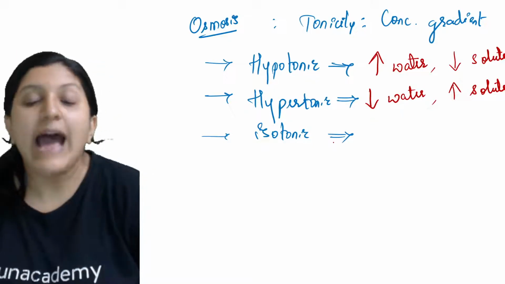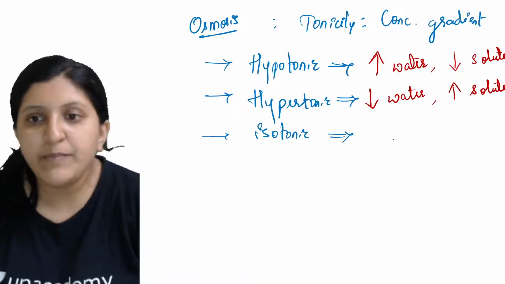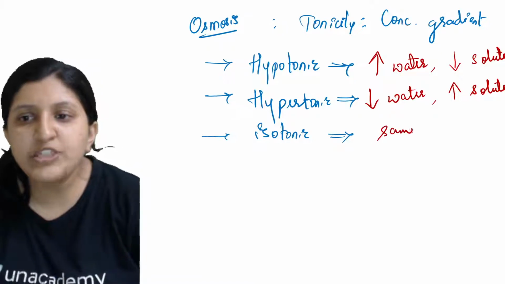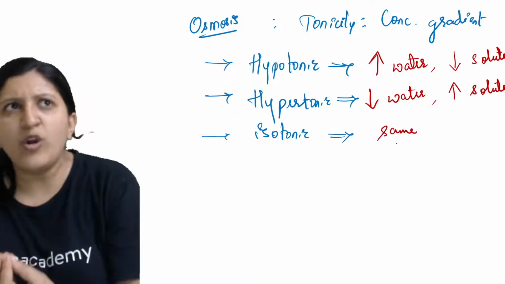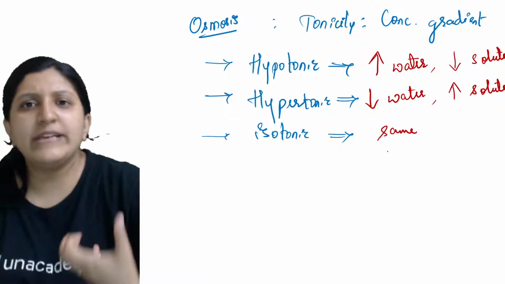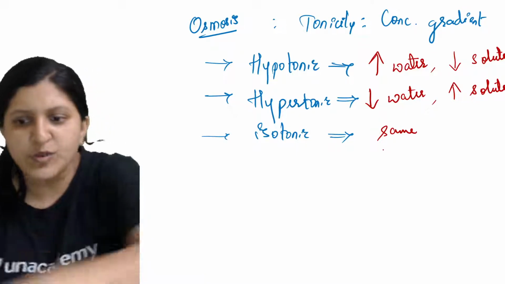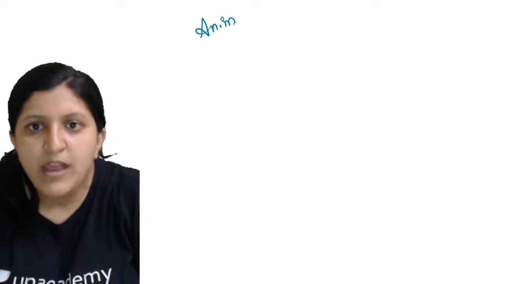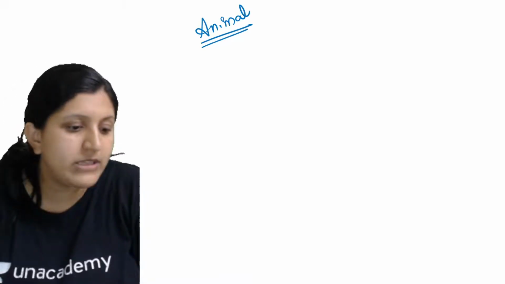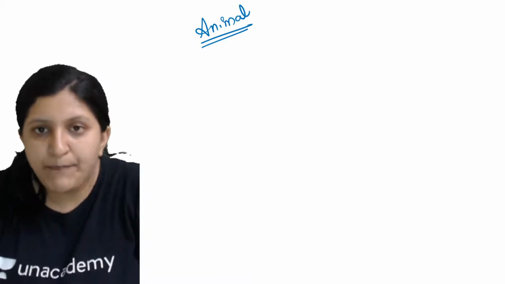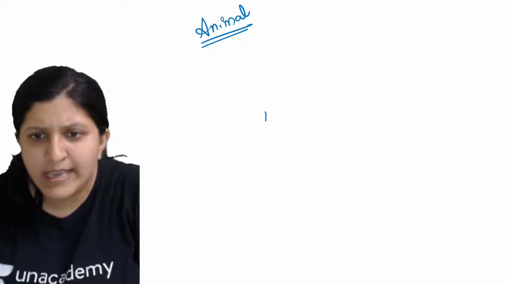So in that case you can find less water and more solute. All right. Now isotonic solution, when we mention it, is the same concentration, that is in and out. So let's see how exactly endosmosis and exosmosis occur in this session. Now let's see this part. This is with respect to an animal cell. So what would be the condition? We have a beaker now, let's say a plate maybe.